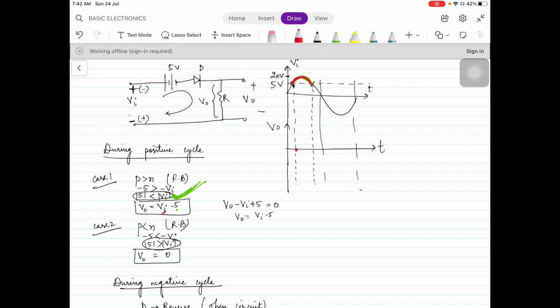शेप यही रहेगा, क्योंकि V0 का आंसर है V की टर्म्स में, V-5, तो शेप तो V का ही रहेगा, लेकिन वो V का जो शेप है वो -5 से शिफ्ट कर गया। शिफ्ट करने के लिए मुझे V का स्टार्टिंग और एंडिंग पॉइंट चाहिए था। स्टार्ट हो रहा था ये पोर्शन 5 से, तो 5 माइनस 5 जीरो पर आ गया, और जा रहा था 20 तक, तो 20 माइनस 5 15 पर आ गया। तो शेप यही रहेगा,